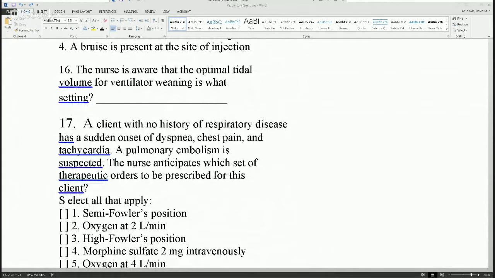Let's see. Jeff, fun one. The nurse is aware that the optimal tidal volume for ventilator weaning is what setting? The optimal tidal volume for ventilator weaning is what setting? This is not something we talked about, but I'm not skimping on any questions now. So I understand, but that's